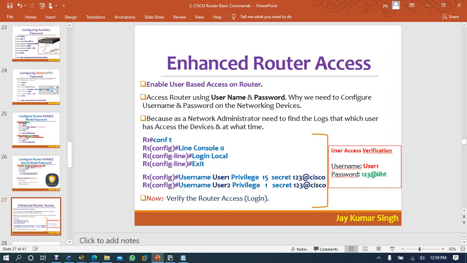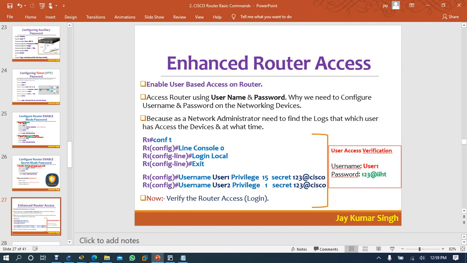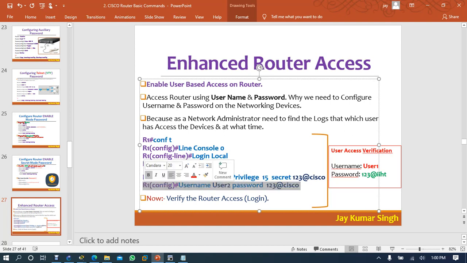But see, here I have written some privilege. So this is a part of, if you want, you can remove this. So normal is also like this. You can say without privilege also you can create, and instead of secret you can create normal. Secret means secure password, encrypted password. Normal, this password is a clear text password. So you can run this command also. So you have multiple options here.